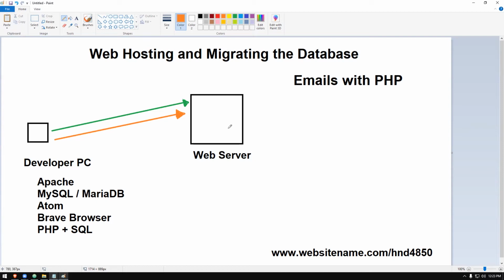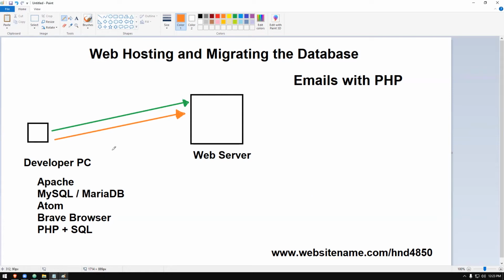You can only create tables inside the web server when it is providing you the MySQL database server. It will provide you with the privileges that you are getting. You can't create a database as you want. You can create a database, but it will come like Vikas Candy dash DB1, DB2. We can't create it with whatever name we want. So there are some steps that we're going to follow.